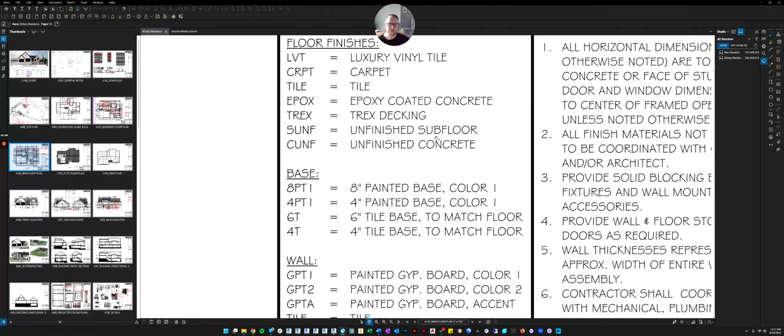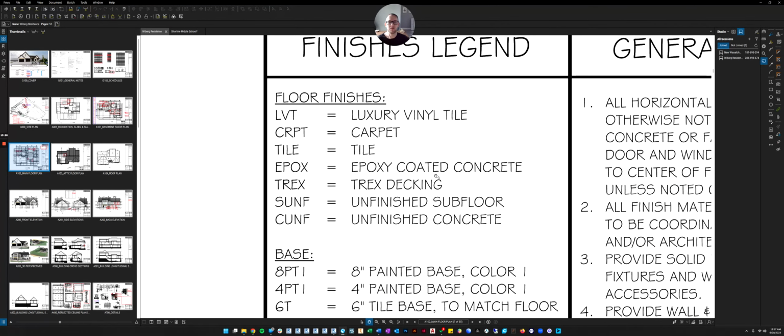And even this is kind of generic. Once the house starts to get built and the owner makes the selections, I sometimes come in here and edit it with the exact colors. So right now I'm just saying there's color 1 and color 2 on the wall so that I can have a main color for the house. And then if I want accents, I can do that. But then later, instead of color 1, I'll come in and type in what the exact color is once the owner has picked it.